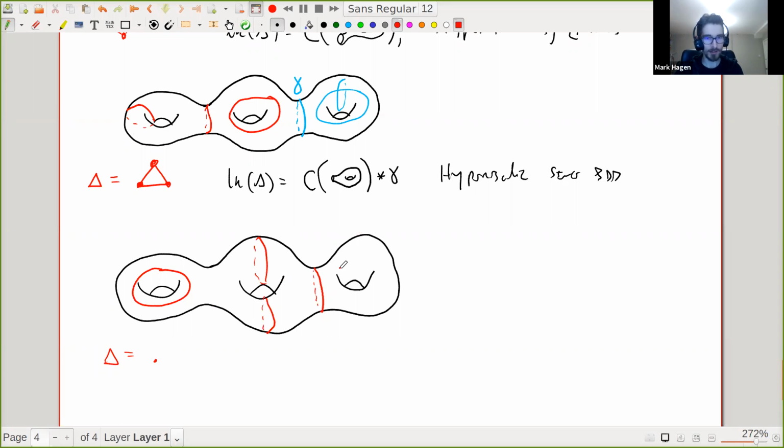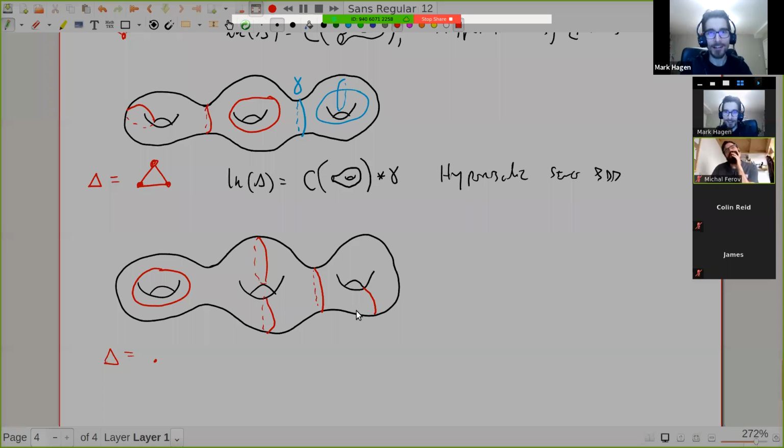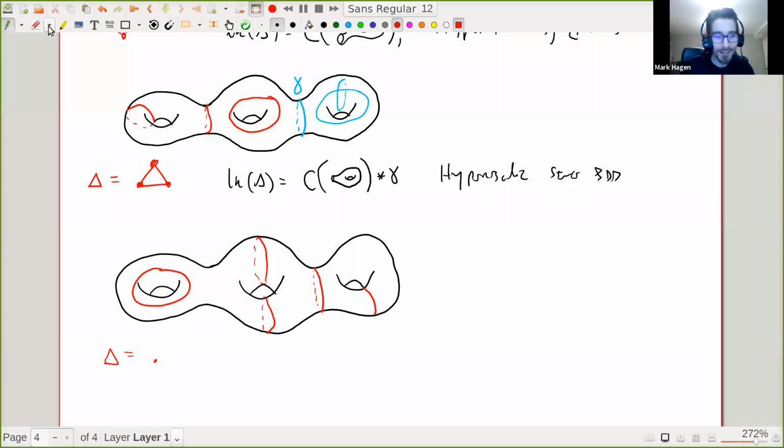Wait, I need another one. No, I don't need another one. What have I done? There we go. Oh yeah, that's the one that was missing. So I have this 5 simplex,